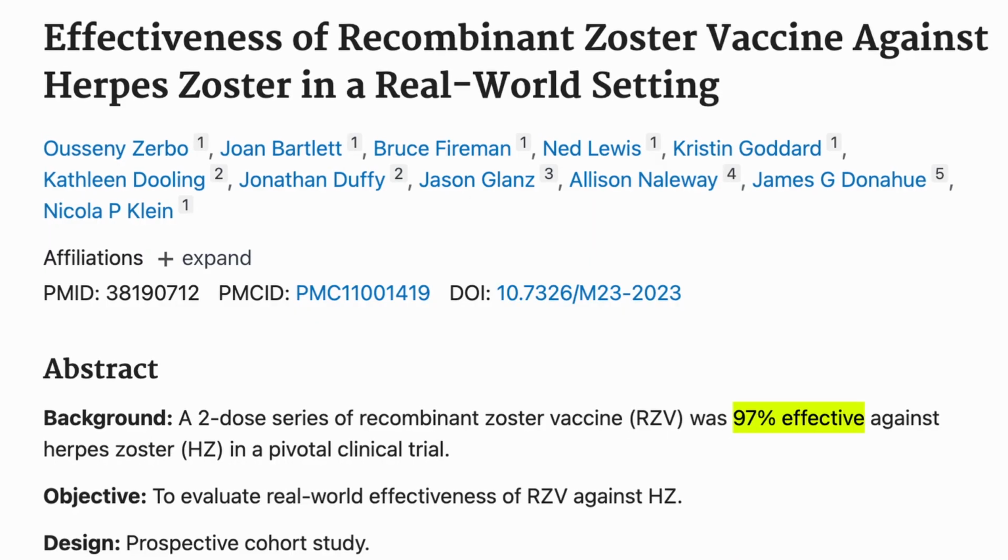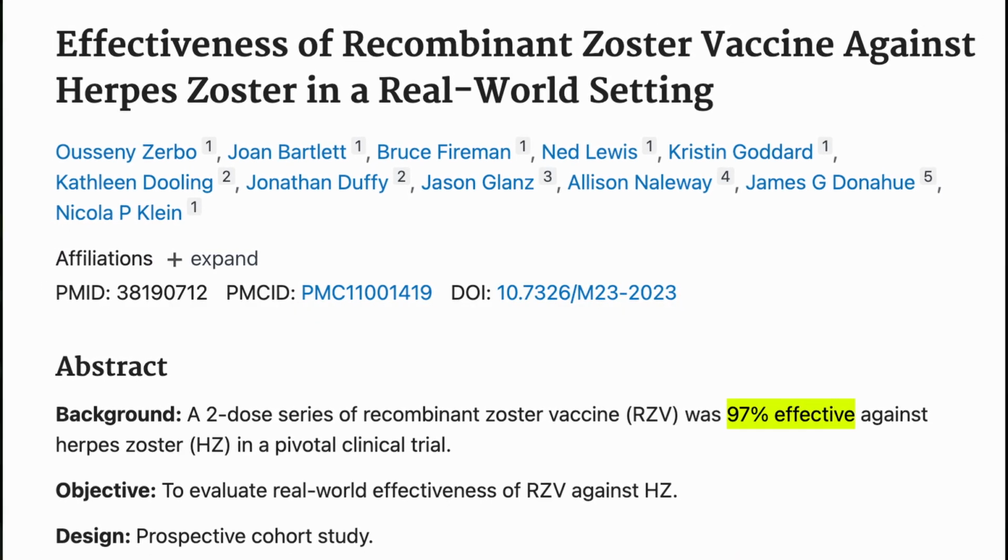So Shingrix is highly effective at reducing the risk of herpes zoster by 97% in individuals aged 50 to 69 years and 91% in those aged 70 and older. That's pretty good odds for a shingles vaccine. And Shingrix also reduces the risk of PHN by about 89% in people aged 70 and older. The vaccine is administered as 2 specific doses, with the first dose given at time 0, the second dose given 2 to 6 months